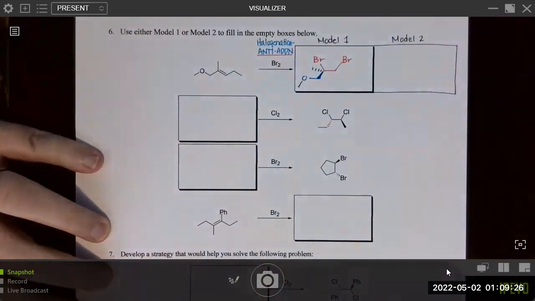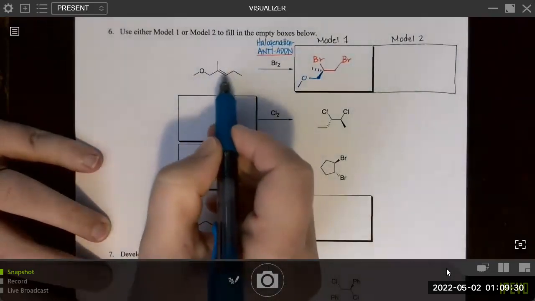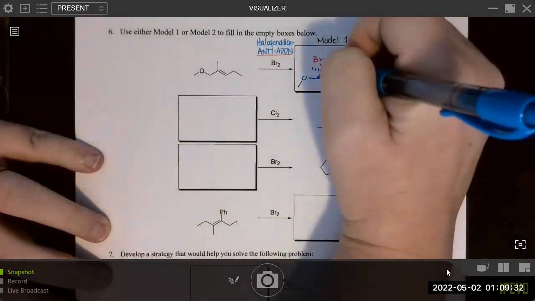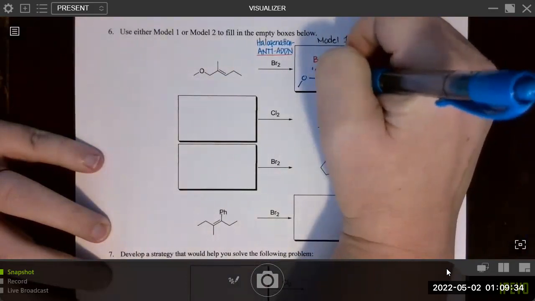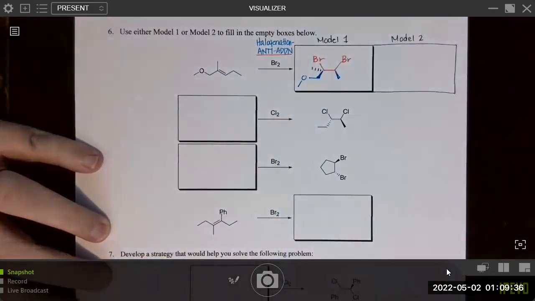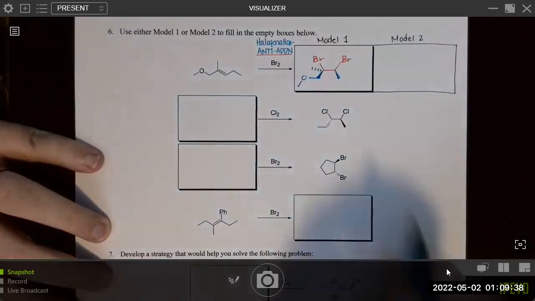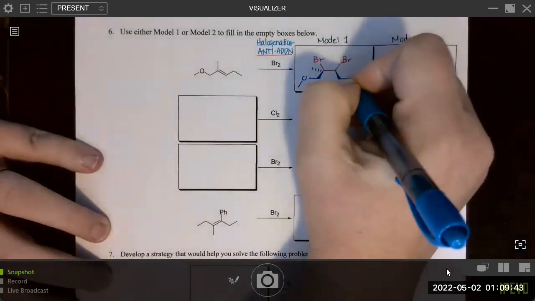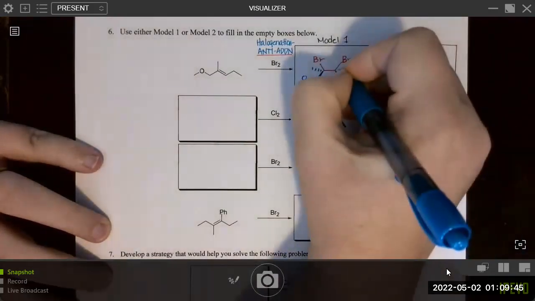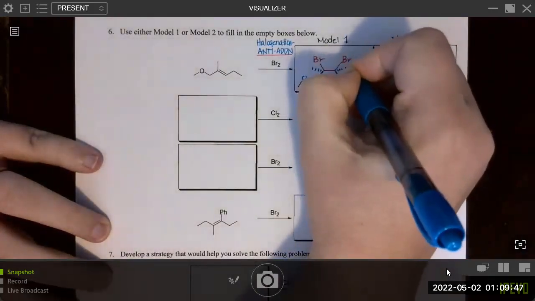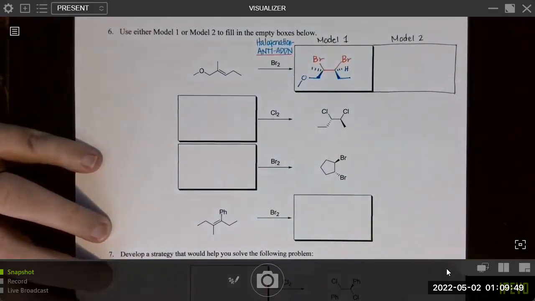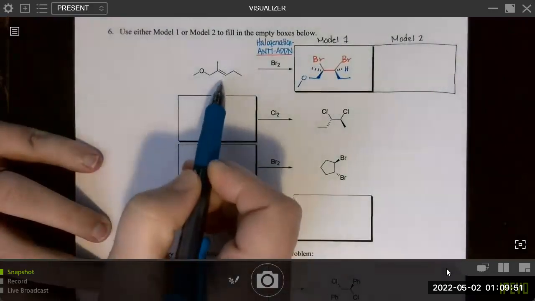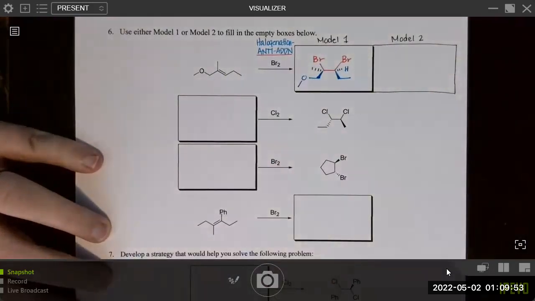And then remember with anti-addition, we switch the other side, right? So it looks like it should be pointed back, but we're going to end up switching it because of the way the bromines are written, like a syn addition next to each other. Okay, so that's an ethyl group on this side. And if you want, you can draw in the hydrogen, although that's optional, pointed back. That would be this hydrogen. Okay, so that would be model 1.